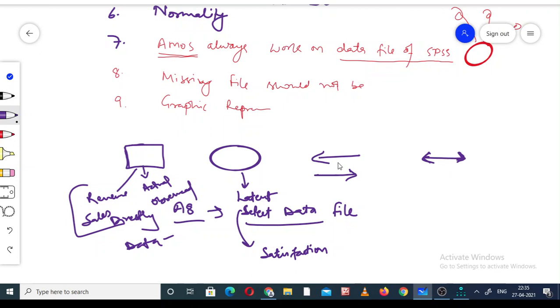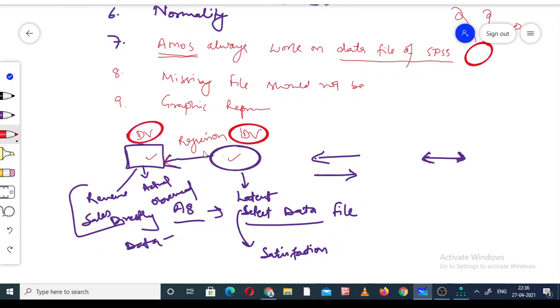One-sided arrow and two-sided arrow. One-sided arrow can be used, suppose this is one example. We take the red color. This is an example of regression. So the relationship between these two. One-sided arrow, either in or out. This is the dependent variable. This is the independent variable. Because this is out of the arrow and this is inside the arrow.